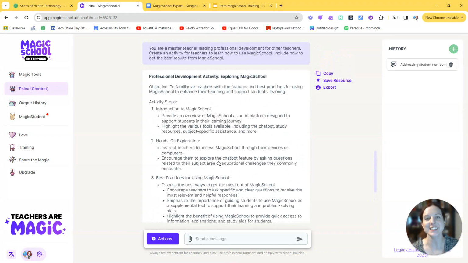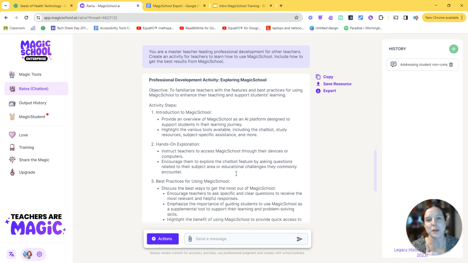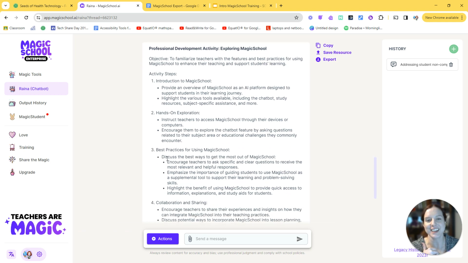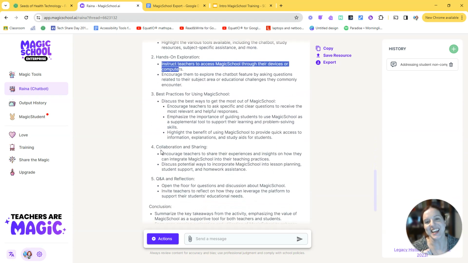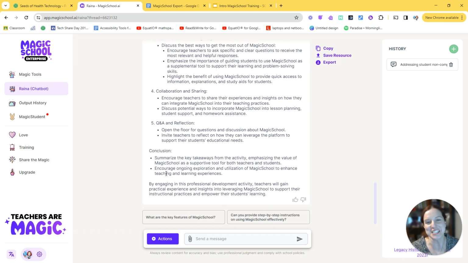So here we go. I gave my role I wanted her to take. I gave her what I wanted her to create. And then I included the how to give the best results. So she made sure in here to encourage teachers to ask specific and clear questions, what we just talked about with AI prompting. She said how to introduce it, how to do hands-on exploration, what the best practice is, collaborate and share, Q&A reflection, conclusion, how to summarize. So I knew I needed to ask all of those questions, and that was what helped me get the better answer versus if I said, here we go, can